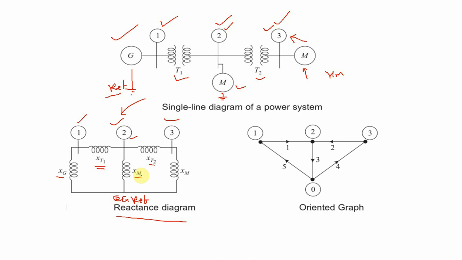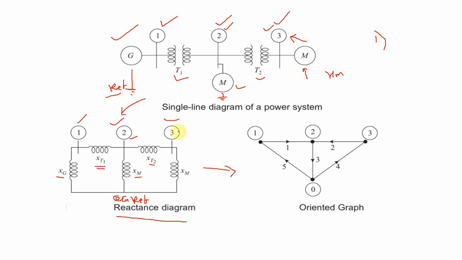So while drawing the reactance diagram, the main thing you should find out is how many nodes are present in the single line diagram or given system. After that, try to connect the things. Now next